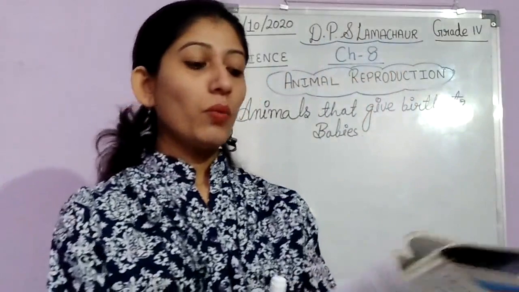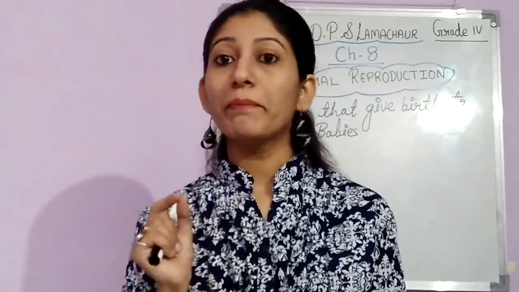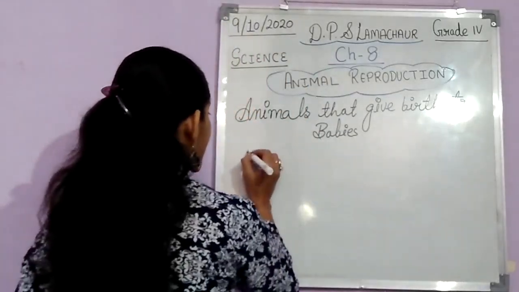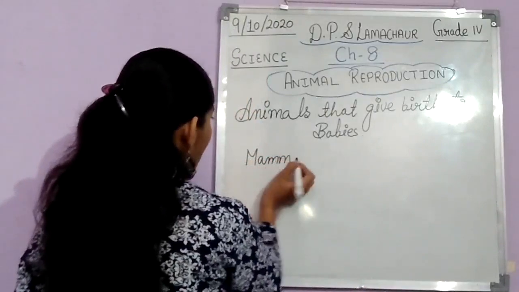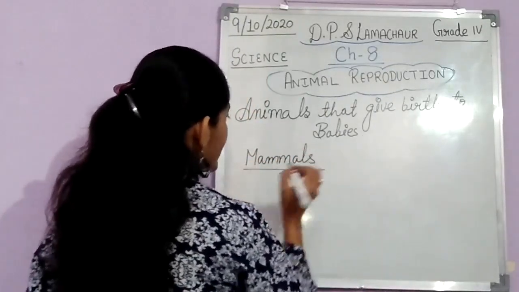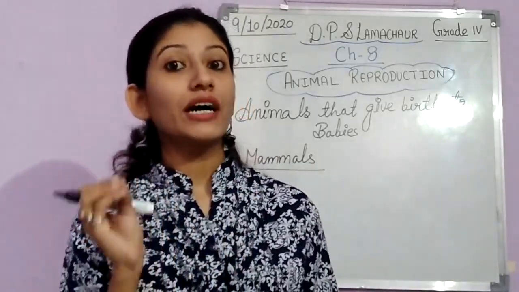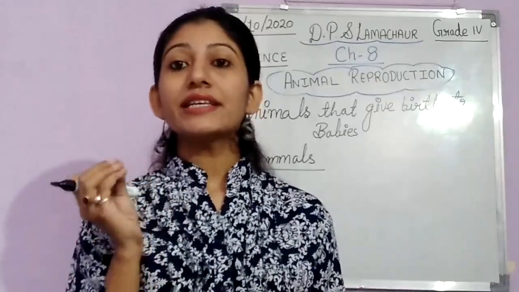Now you can see what is given here. Animals that give birth to fully formed young ones are called mammals. Okay, mammals, M-A-M-M-A-L-S, mammals. तो ऐसे एनिमल्स जो बर्थ देते हैं फुली फॉर्म्ड यंग वंस को,